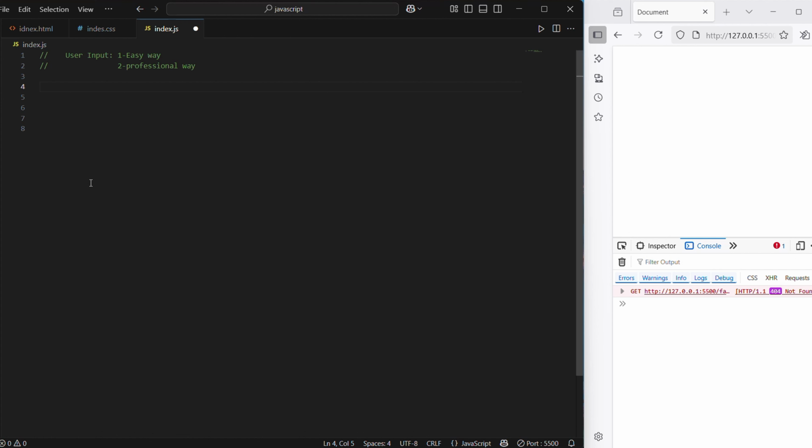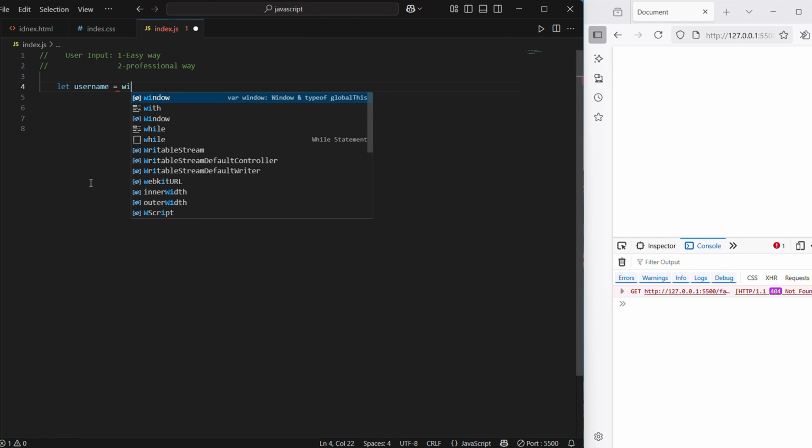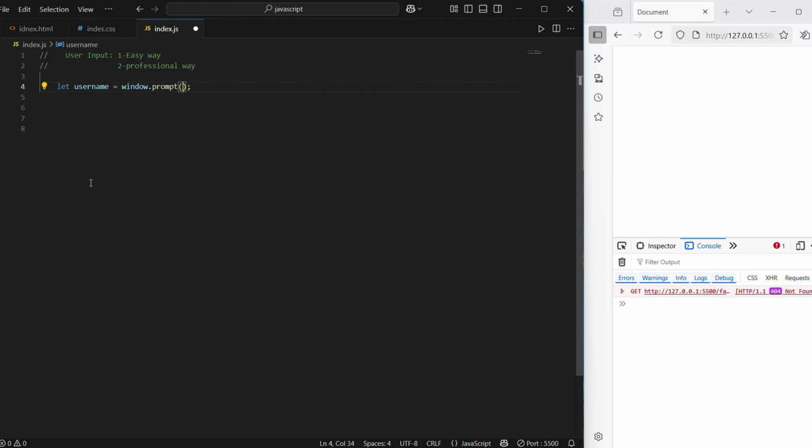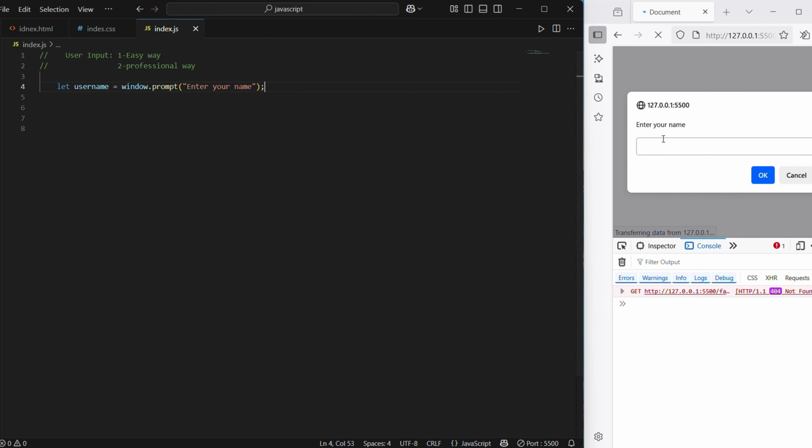At the first, I want to write a variable. For example, let's use name. After that, let's write window.prompt parentheses. Inside the parentheses, let's write something. For example, enter your name. Now let's see. Enter your name. You can write whatever you want. For example, I want to write simple